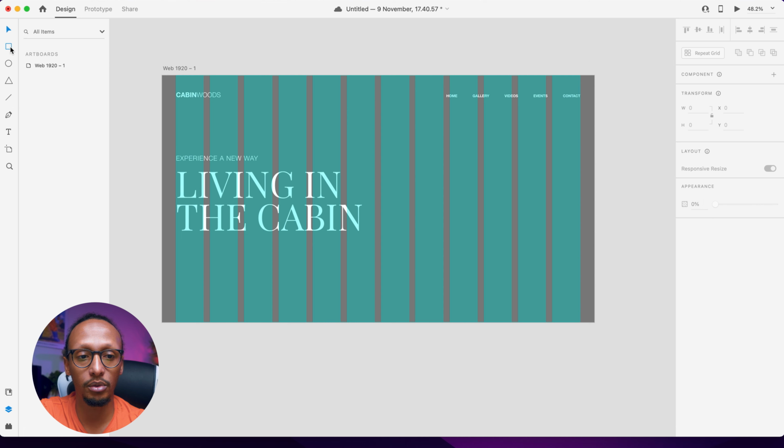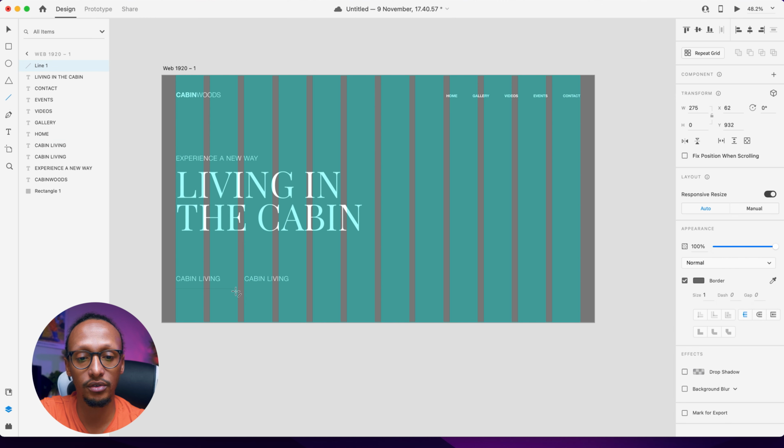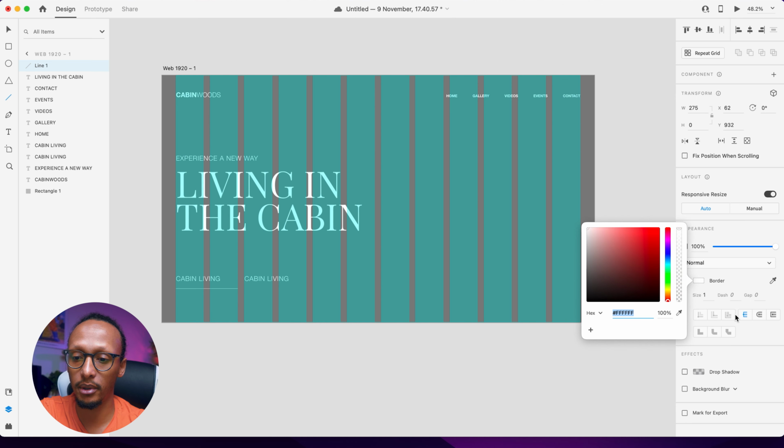And then what we want to do is have a button here. One second, let me push that here. I'm just going to say cabin living. The reason I'm doing this is because we're going to make basically two banners, or two hero images. The first one's about cabin living,